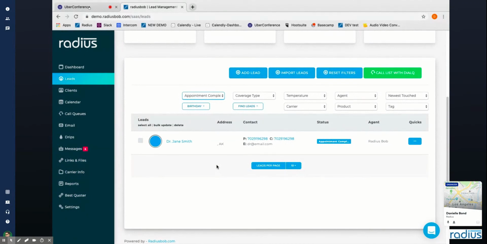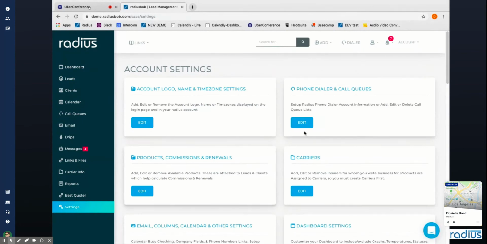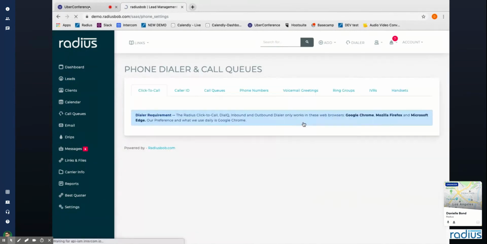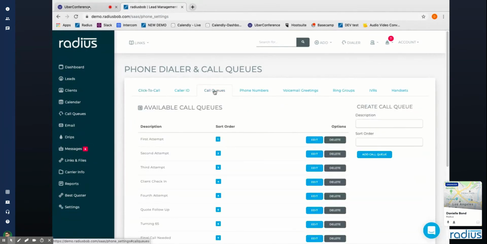I know it went really fast, but again, reference those videos. Now we're going to focus on setting up the call queues. So here in this settings section on the phone dialer, we can create as many call queues as are relevant